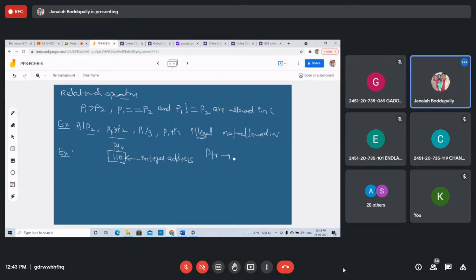PTR is a pointer to point to some data variable. Now, if I write PTR plus plus, what is the value? PTR plus plus means increment by 1 only. But this is an integer address. What will the value be? Tell me. What is the size of the integer? Size of the character? You forgot all.